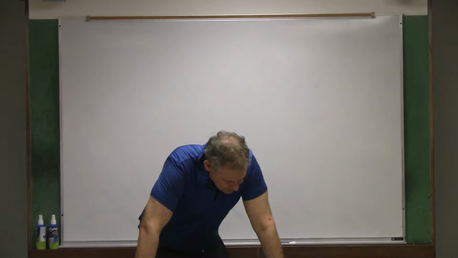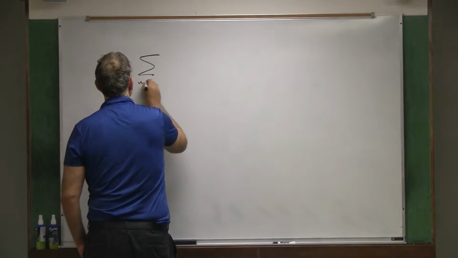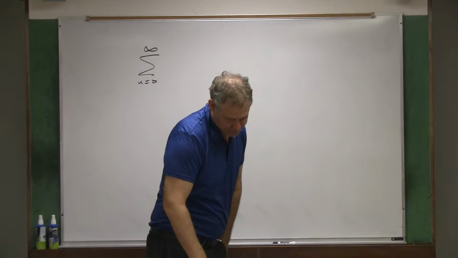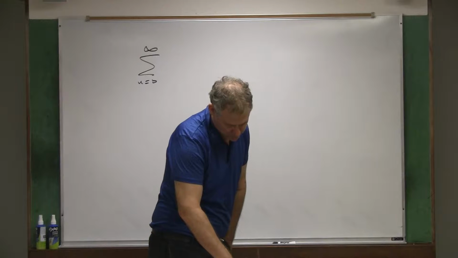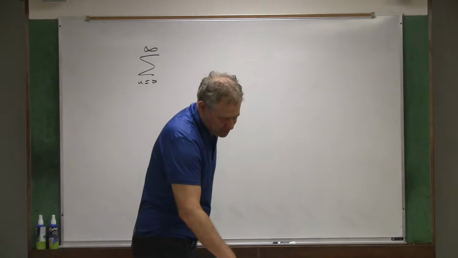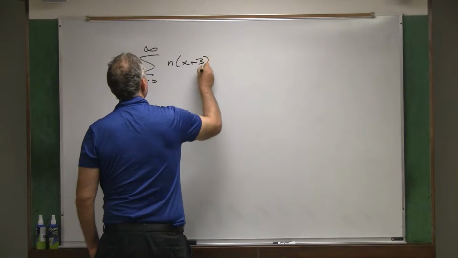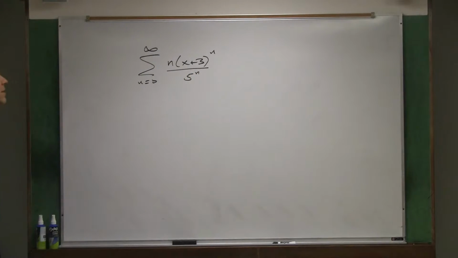The sum from n equals 0 to infinity of n times (x plus 3) to the n, divided by 5 to the n. Okay, n (x plus 3) to the n divided by 5 to the n. All right. Now this is a,